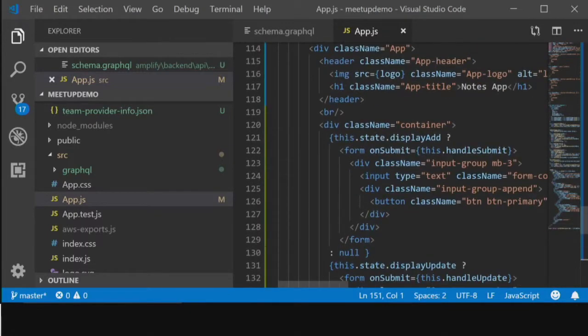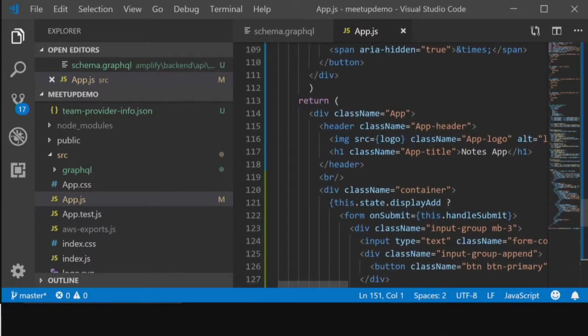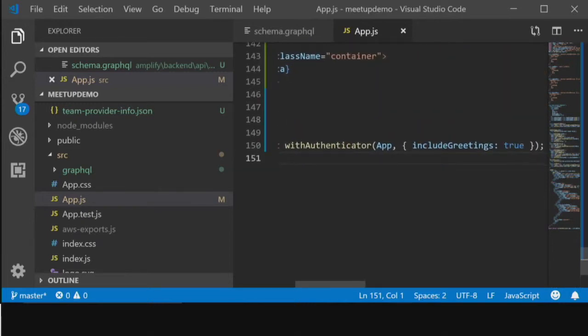some text boxes so that we can handle our notes and inputs and all that sort of stuff, and then I've just wrapped the whole thing in with Authenticator, which is just saying to Amplify that I'm protecting my application using the Cognito user pool that I've already provided. So if we cut back across to our,